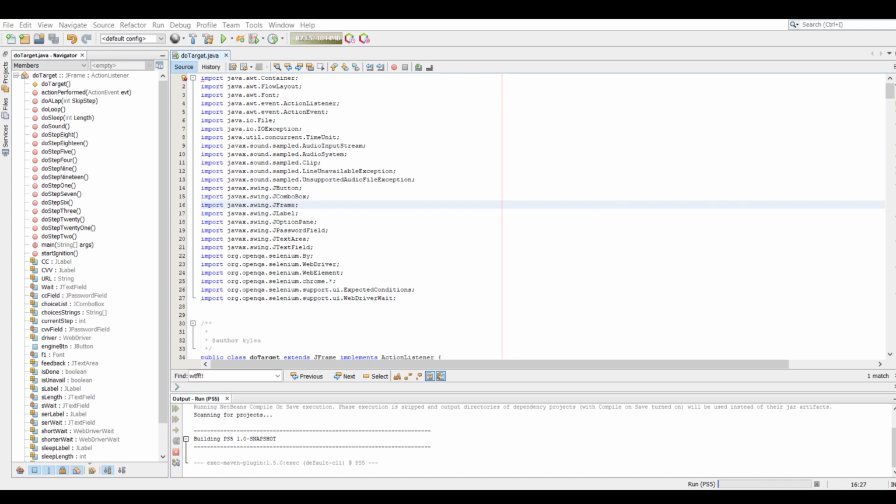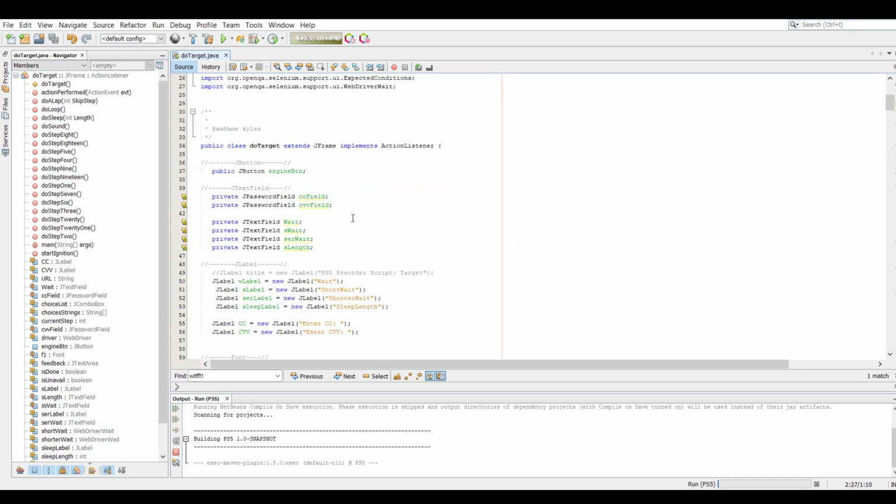So you may notice I got more imports. I got a JTextArea, JTextField, OptionPane, label, frame, combo box, button, container, flow layout. These are all GUI, graphical user interface. And you see you got some JTextFields. You got a credit card field, security field,